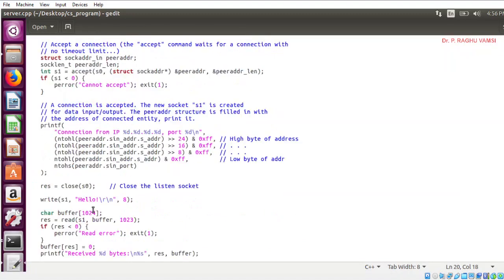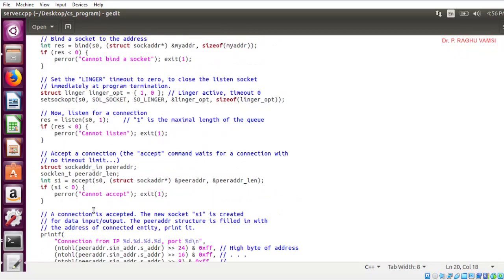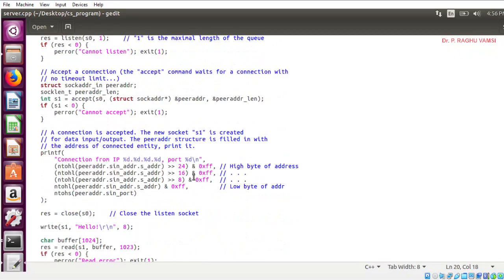So this is a server program, and don't get confused with these lengthy strings. This is a very simple thing: we are going to give the information about the address structure here. There is nothing special in this. In the same way, client.cpp is also like this. Once the server accepts the connection, the client has to send some data to the server, and the server will print it.